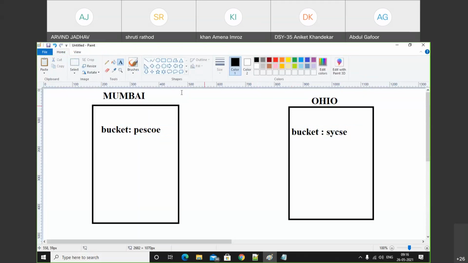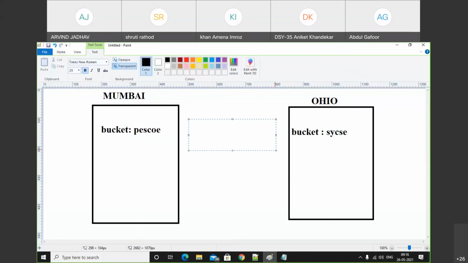Now we need to perform cross-site replication. If you want to perform this operation, then we require at least two buckets in two different regions. So one in the Mumbai region, another in the Ohio region.